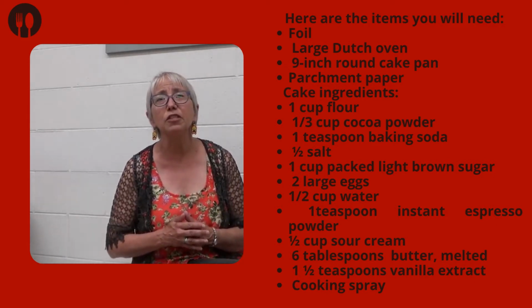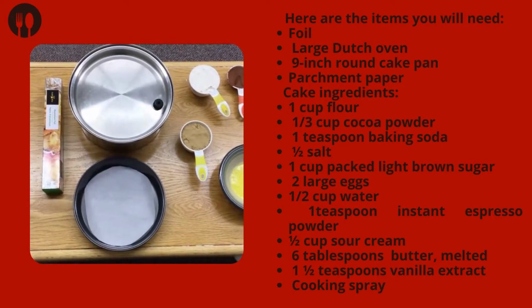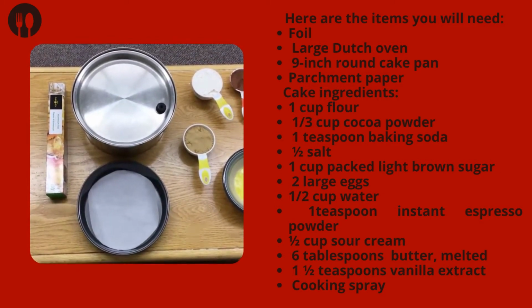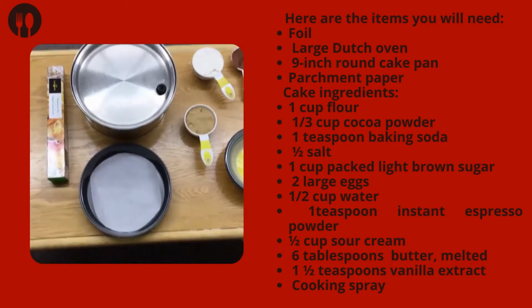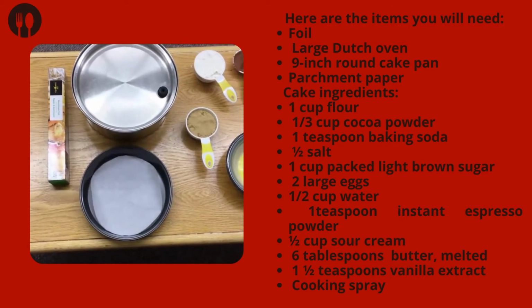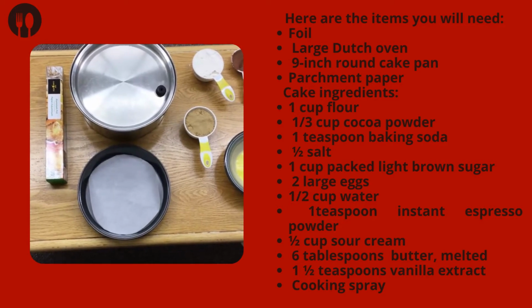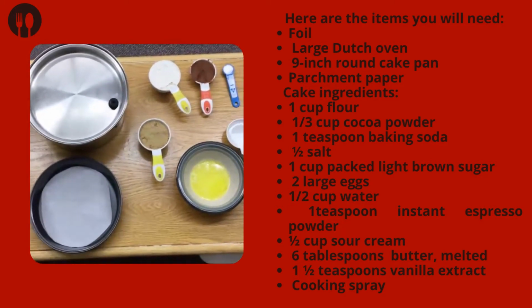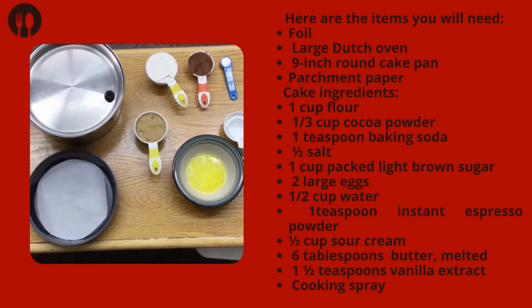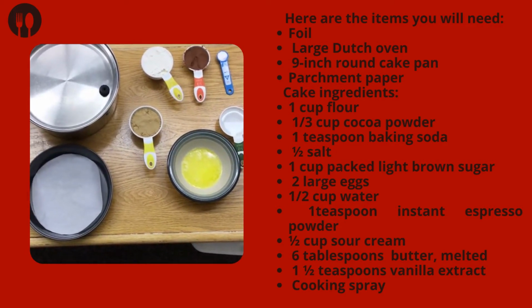Here are the items you're going to need for your stovetop chocolate cake. You're going to need foil, a large Dutch oven and lid. You're going to need a 9-inch cake pan with parchment paper cut to the bottom of it. You're going to need a cup of flour, a 1/3 cup of cocoa powder, a teaspoon of baking soda, 1/2 teaspoon of salt,